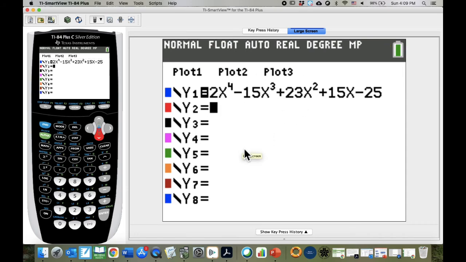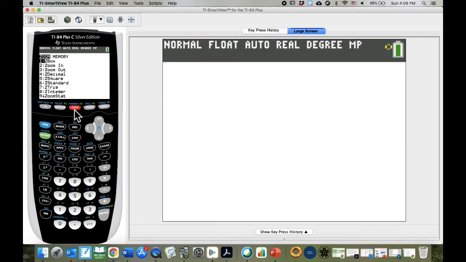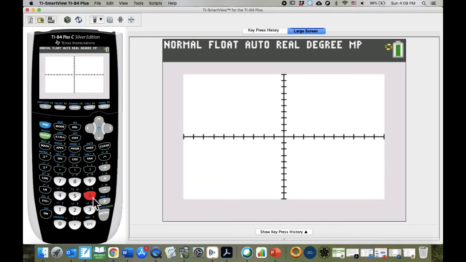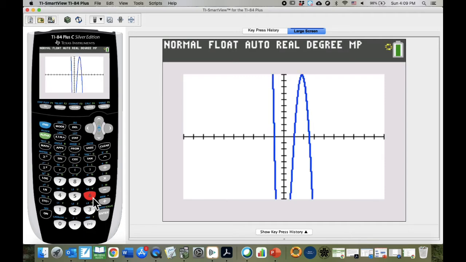And then, like I said, this is the graph that we have. This is the equation. I'm going to go in and graph this. To graph it, I have to go to Zoom Standard, and that's 6. Your calculator might be at a different zoom level if you had graphed something different before this. So you have to go to Zoom Standard. Okay, as I do this, I can see that I have a 0 at negative 1, and negative 1 is on my list. I also have one at positive 1. Positive 1 is also on my list. This, I don't know. It looks maybe like it's 2.5. I just don't know exactly. And then 1, 2, 3, 4, 5, it looks like it goes through 5 also,